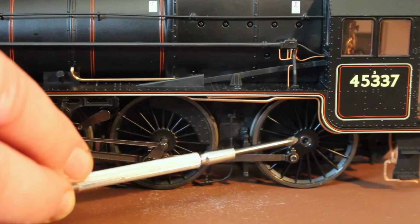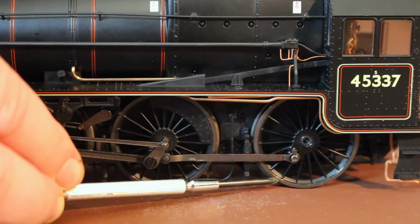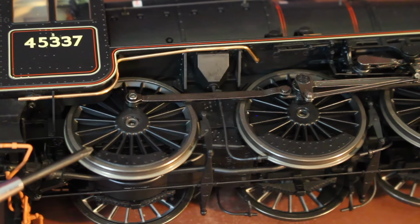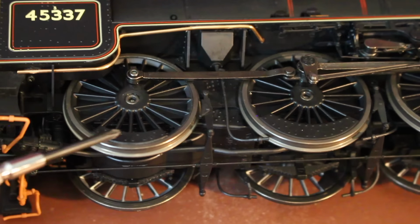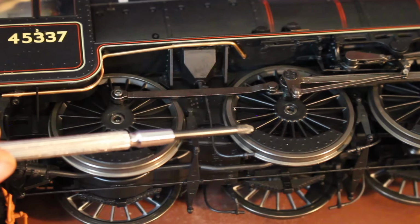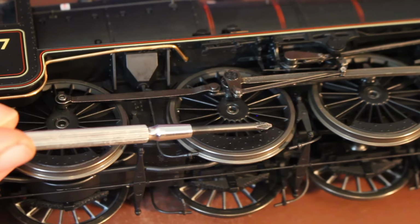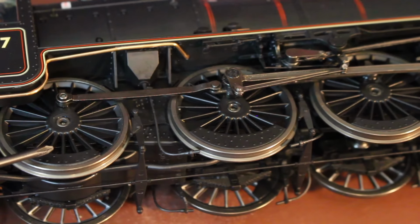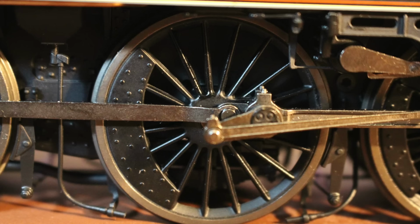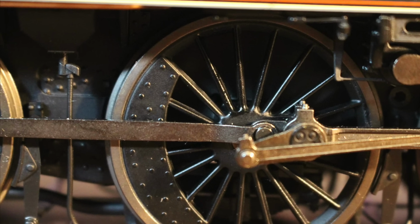The insides are finished in this nice sort of matte to satin black, and then the tyres themselves are blackened metal. I really like the counterweights on the wheels. You can see here they've got the correct pattern of rivets where the weights themselves would have been bolted in, and the different size for the centre drivers too. These are, of course, counterbalancing all of the motion, and that's why these can differ in size and position on different locomotives. The actual frame of the chassis, the detail just keeps on coming with all this extra rivet detail,